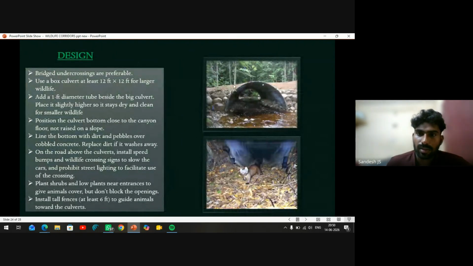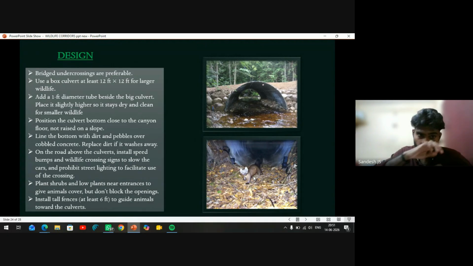So how to design? These are the culverts here. You can see the palm civet migrating through the culverts. Bridge underpass crossings are preferable. Use a box culvert at least 12 feet wide, with adequate height. Add a 1 foot diameter tube beside the big culvert, placed slightly higher so that it stays dry and clean for smaller wildlife. So when we design a corridor, we must not design only for bigger animals. We should also consider smaller mammals like civets and others, and make sure that these animals can also